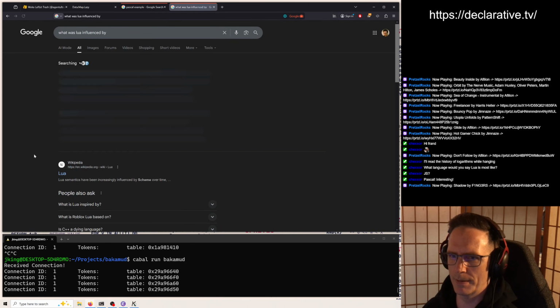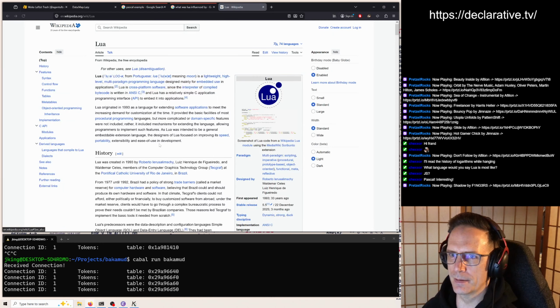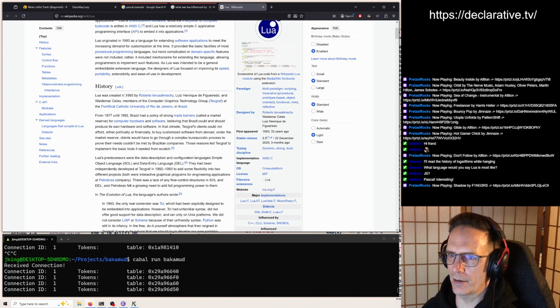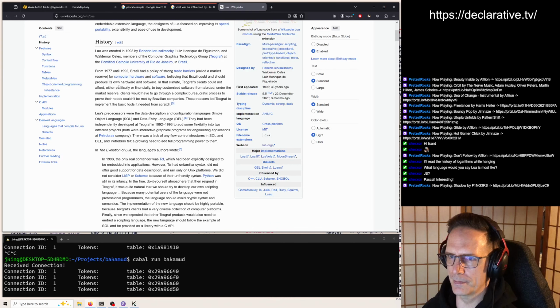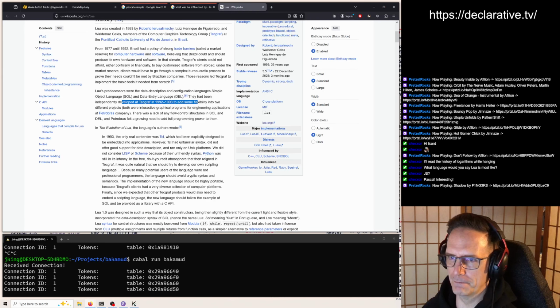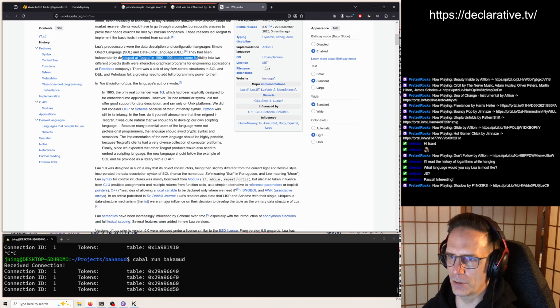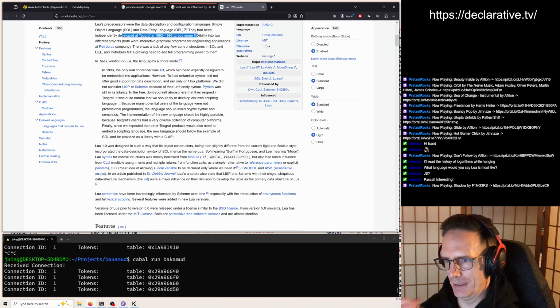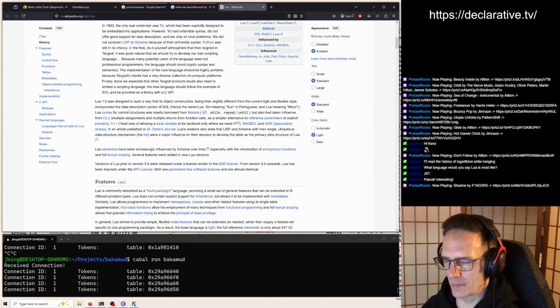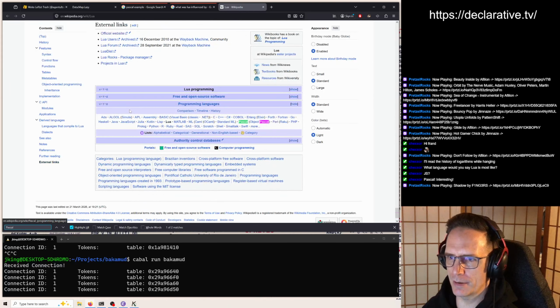What was Lua influenced by? It was created in '93. Lua's predecessors were the data description and configuration languages, simple object language, and data entry language. Interesting. No association to Pascal, potentially. So maybe it was just a coincidence that it looks Pascal-ish to me?